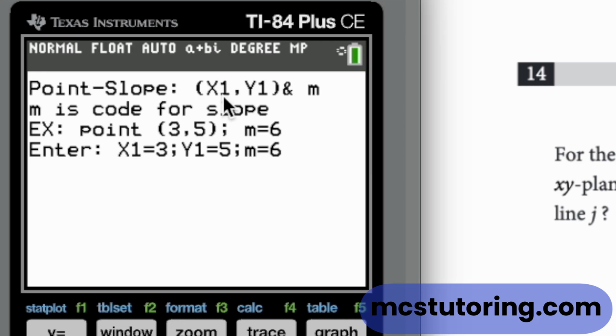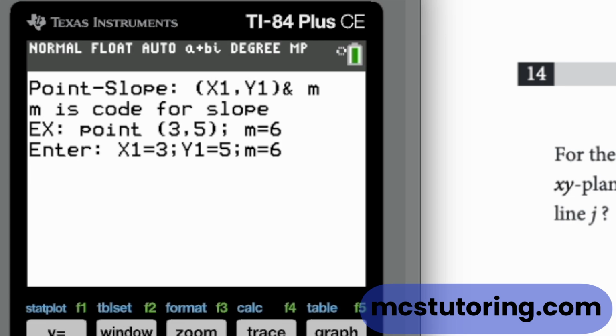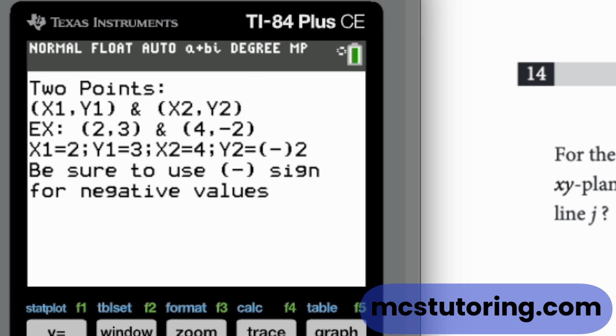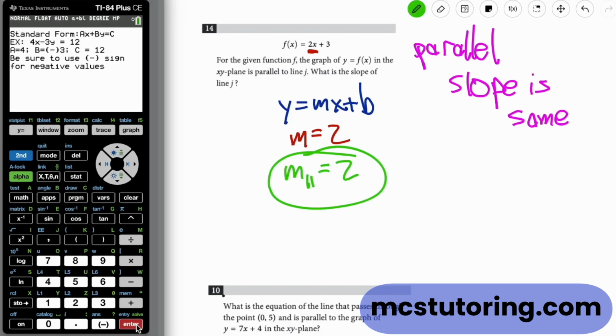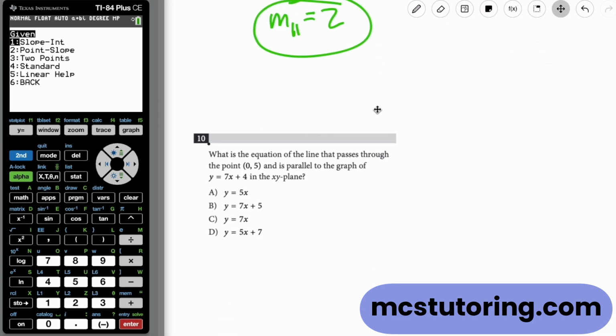Let me continue with the help menu. It shows point slope form in an example, two-point form, and then standard form. We're going to have a couple of standard form equations in a second. So as we continue,